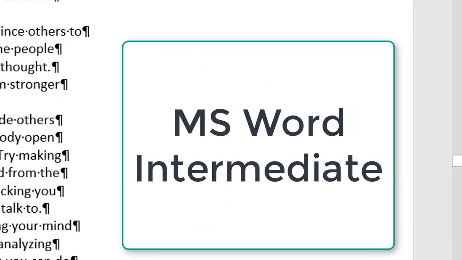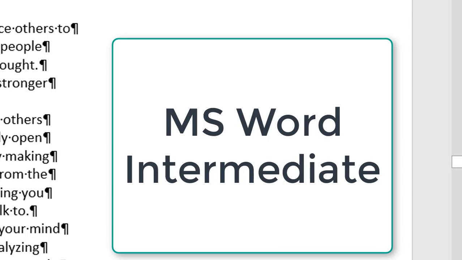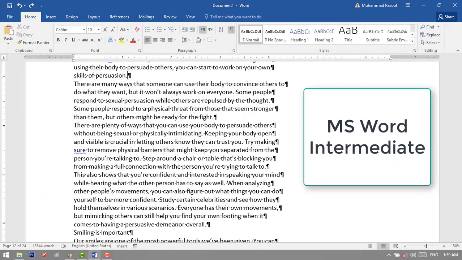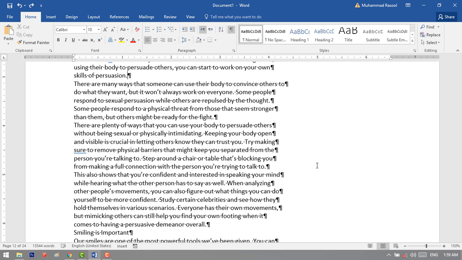Today we start with the Microsoft Intermediate. The first lesson in Microsoft Intermediate is working with sections. To insert a section,